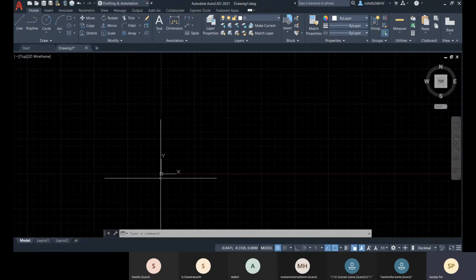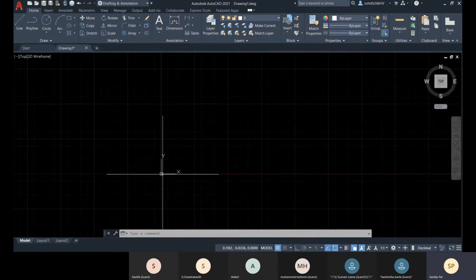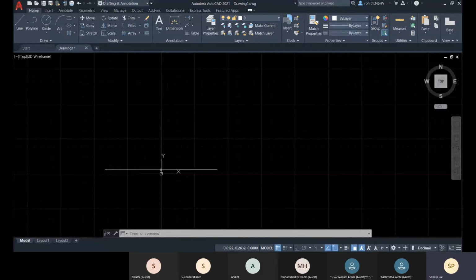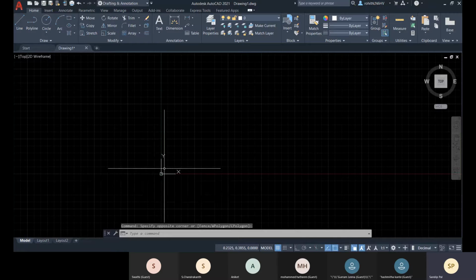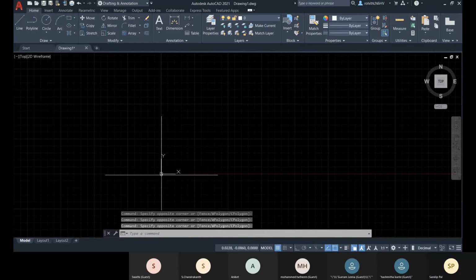So whenever you see this little square at the origin, that means your UCS is right now aligned with WCS. What if I change this UCS?